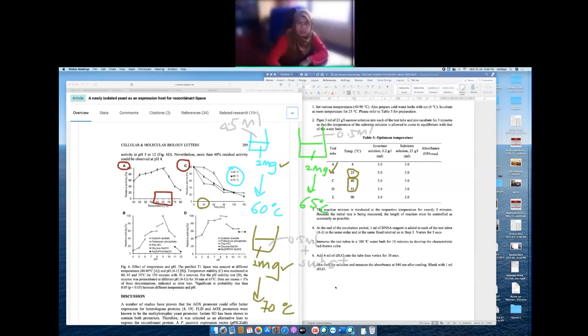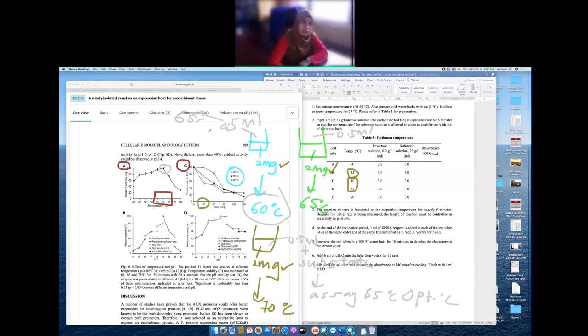Okay, we add the substrate, and then we do the respective temperature. For this study, we need to assay at 65 degrees because 65 is the optimal temperature for this enzyme. So we assay at the optimal temperature. Okay. So now, even though it was incubated at 60 degrees, we take out 0.5, assay at